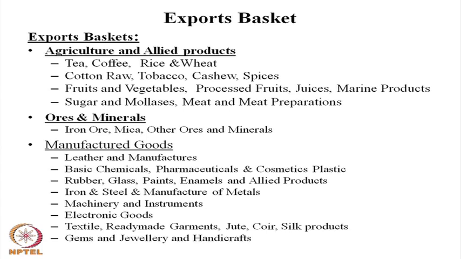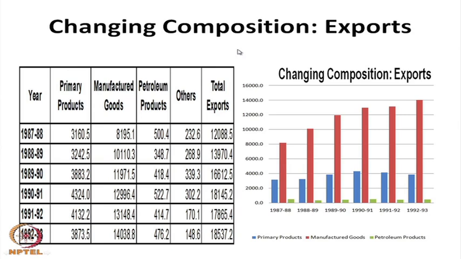These are the prime large segments of the export side, and over the years these large segments developed in different composition patterns. How the composition of the Indian export basket has changed over the years is our understanding for this session. We need to understand that prior to and just after economic liberalization, particularly from 87-88 onwards, primary products constituted a significant part of our export. Manufacturing products are also there, and within manufacturing some petroleum products are there, and the total export basket developed in that way. If you see the composition side,